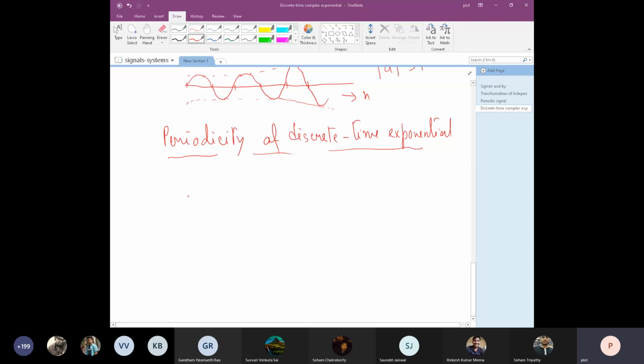So we have seen in the continuous time case that if we have omega naught, there can also be harmonics of omega naught present, and the combination of omega naught plus its harmonics is periodic. And if we increase omega naught, the period will decrease, so its harmonics will be created thereby. Now in the discrete case, however, if we take x n